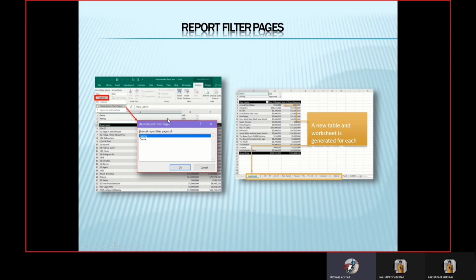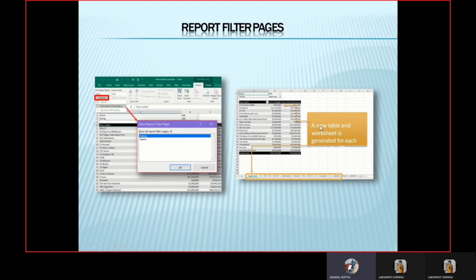Over here, the Show Report Filter Pages tab will open. Then after that, we could see Show all report filter pages of rating. Over here we can see the options are present. As you select OK by selecting the option, then it will be applied automatically.